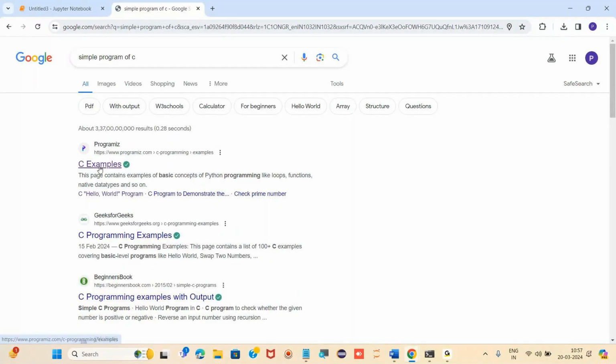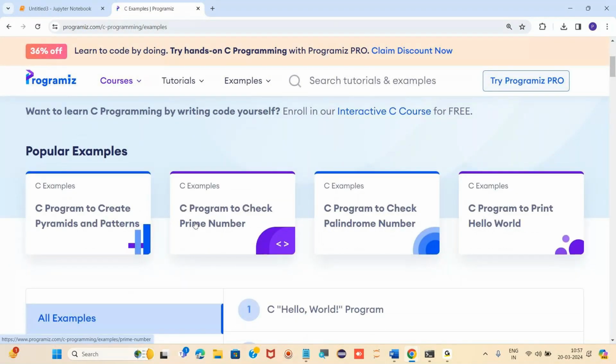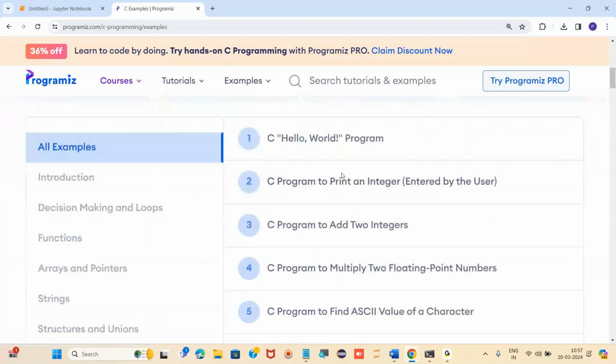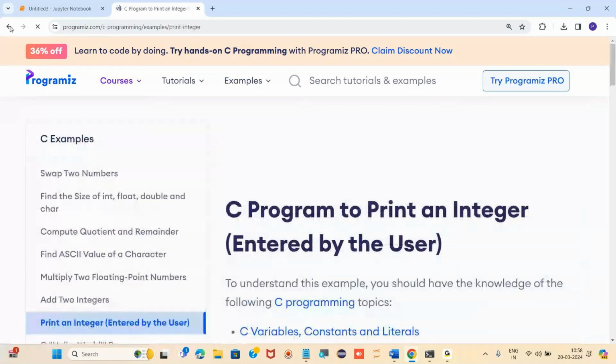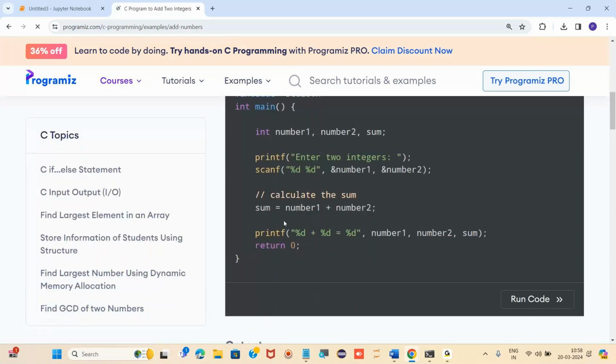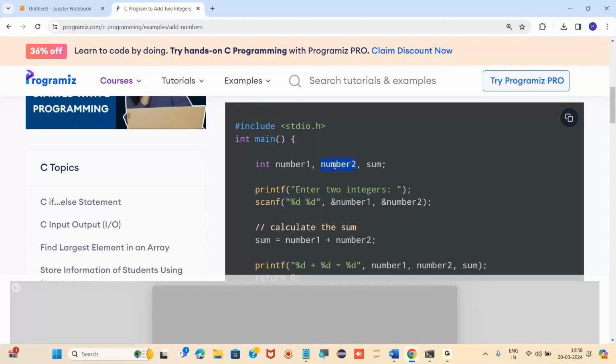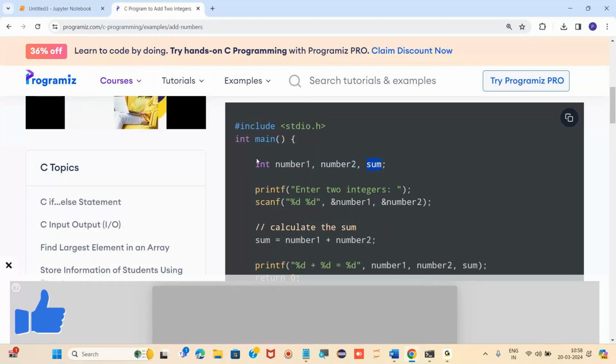Here also, add two integers. In this case, we have to write like this: int number 1, number 2, sum. We are declaring the data type before writing any kind of variable.